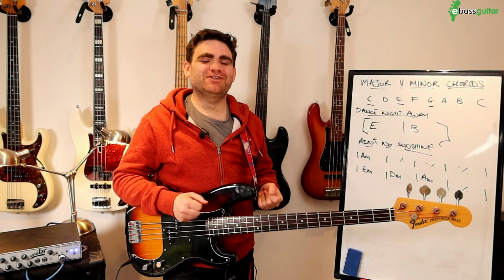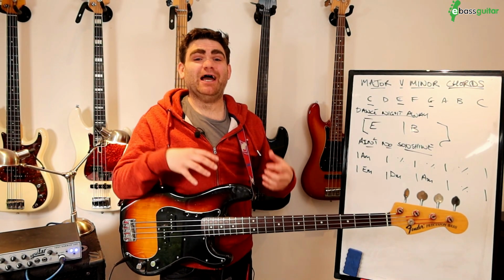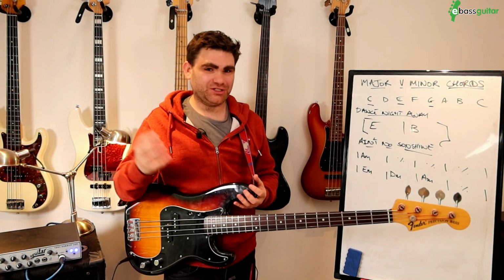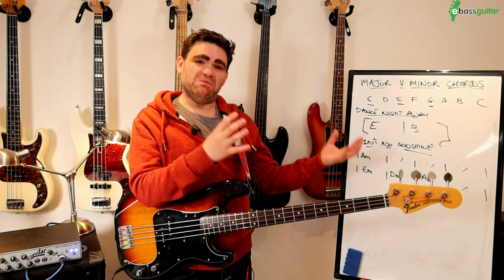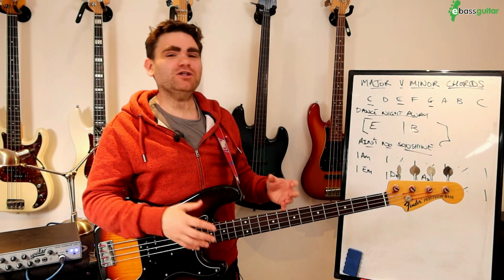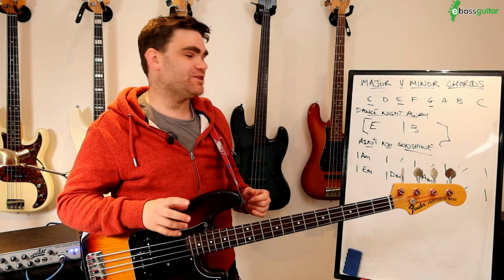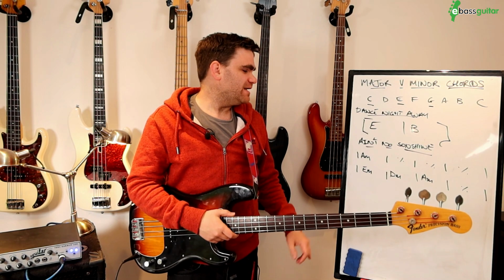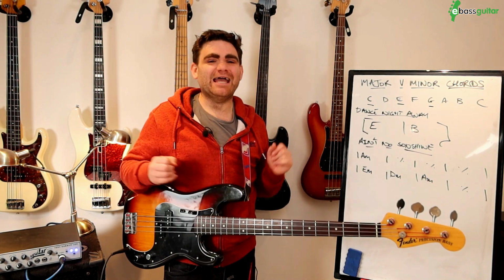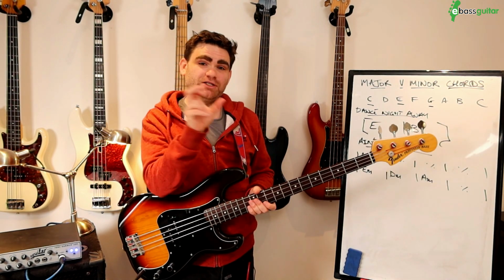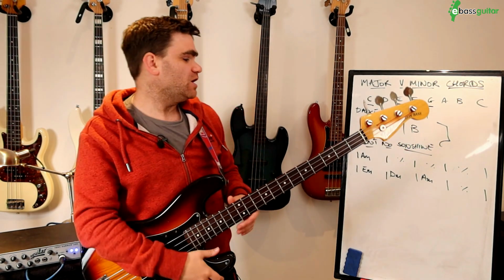So as you can hear, Dance the Night Away is fundamentally happy and joyful, and it also has a fast tempo to it. Now, to demonstrate minor chords in action, I'm going to use the legendary Bill Withers tune, Ain't No Sunshine. Now, there's fundamentally an 8-bar chord sequence which runs through the verse sequence,